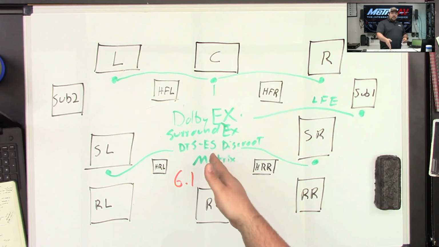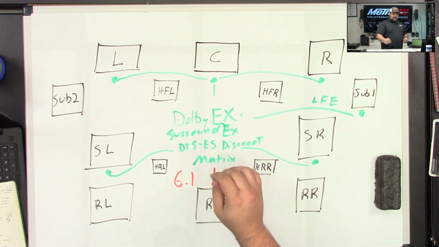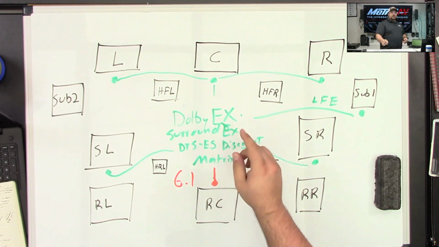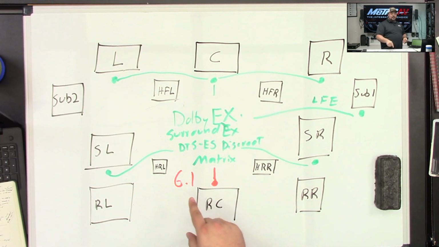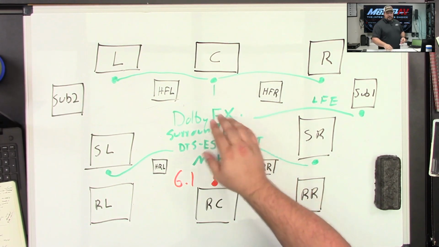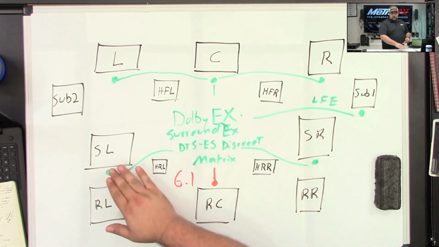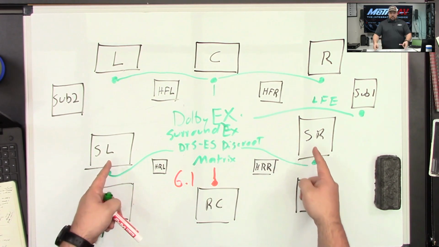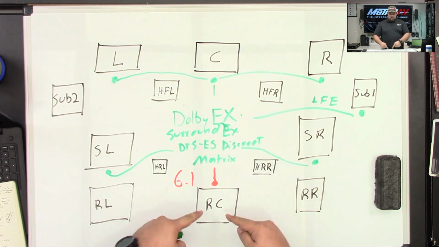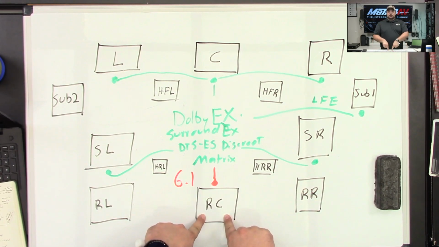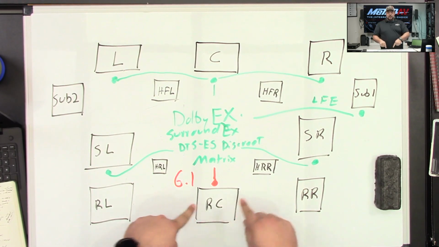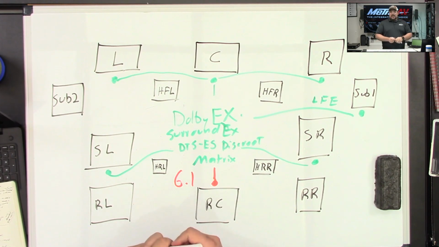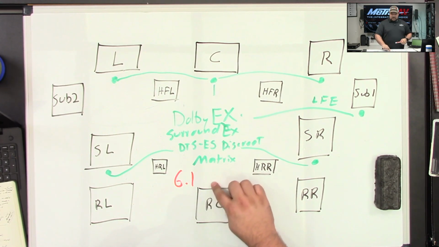But now with the DTS ES matrix, instead what you have is a matrix setup like we talked about with the Dolby Pro Logic. So you would wind up having something like the left, center, right, surround left, and surround right, but then what they would do is they would sum the surround speakers to create your rear center channel. And so you actually sum that together. And so this connection here was kind of faked. It was kind of misleading on that.